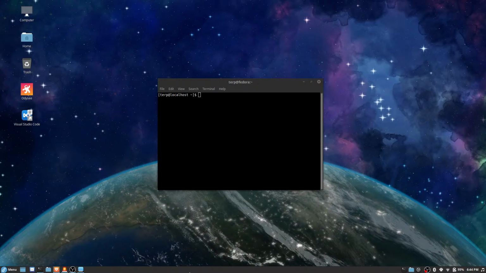So you have this terminal. Like I said, terminals are very, very flexible. And I actually don't know what to type. It's a good question. sudo dnf install.